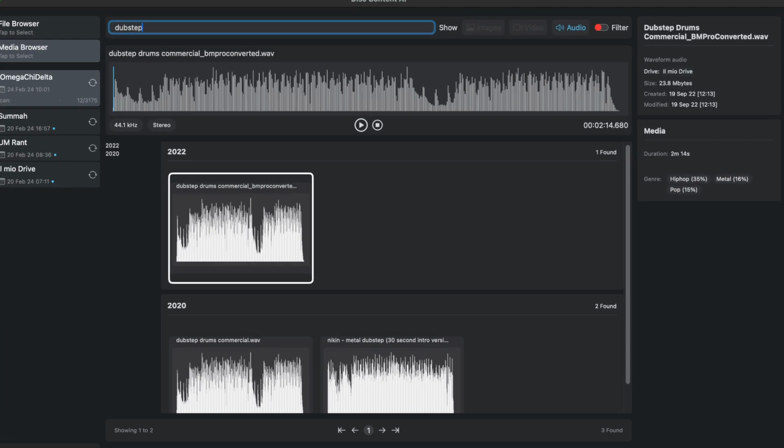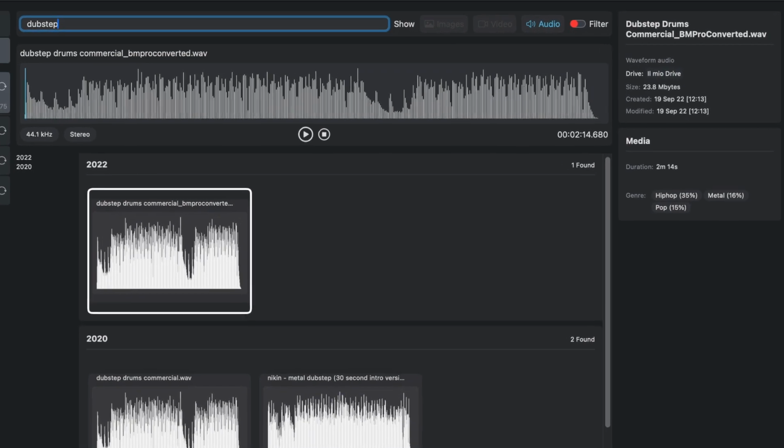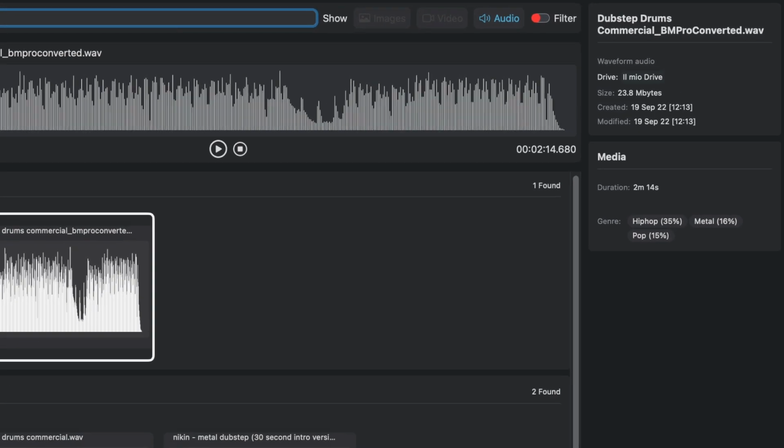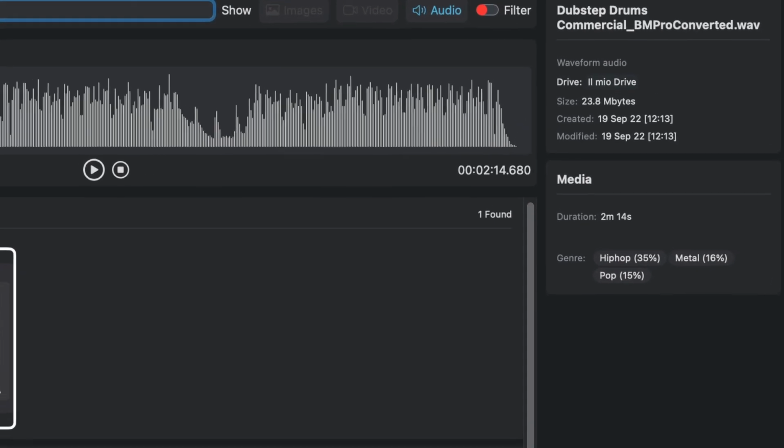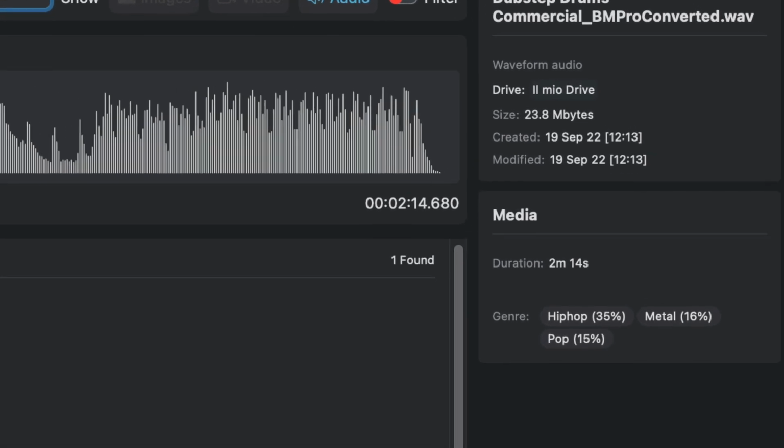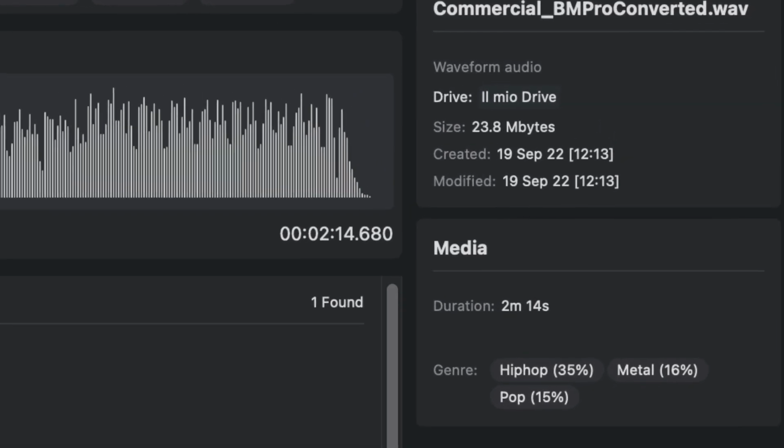Two different artificial intelligence models come into play. The first tries to identify the genre of the music, if there's music, using one of these 10 genres: metal, rock, pop, disco, hip-hop, classical, jazz, country, and blues. Maybe I'm forgetting one, but you get the idea.